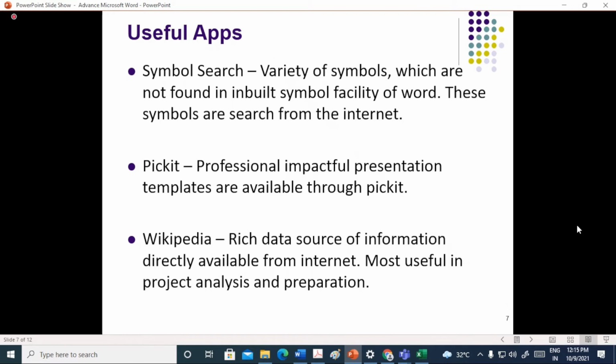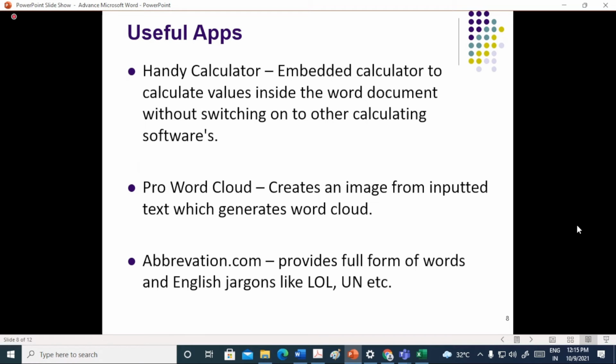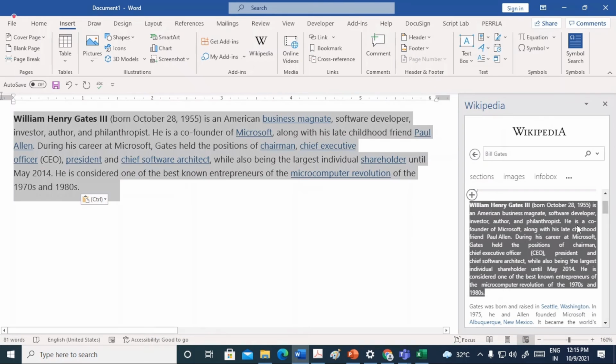Next one, Handy Calculator. It is one kind of embedded calculator that is used inside the Word documents to calculate without switching to other calculators or other applications. So let us see that. It is a free application.